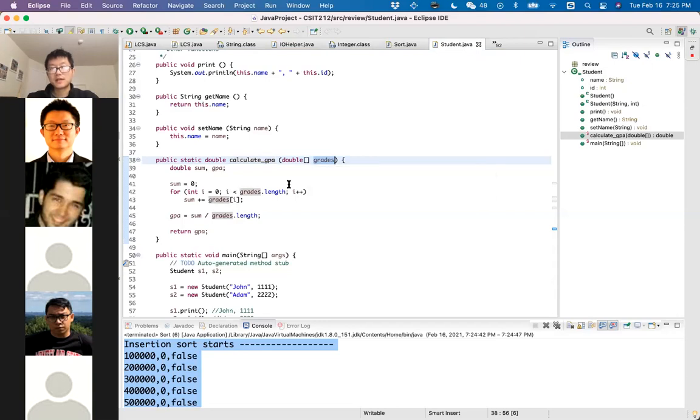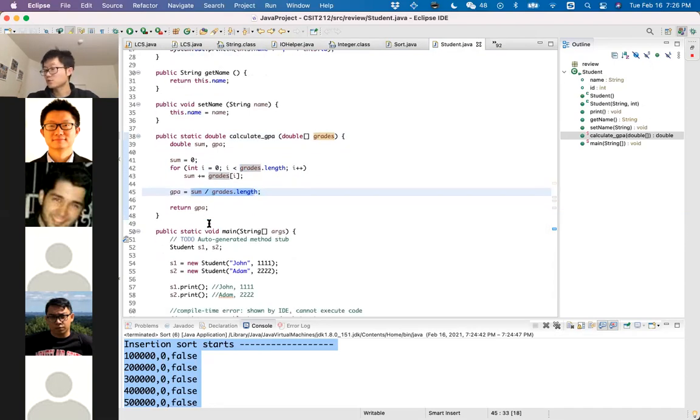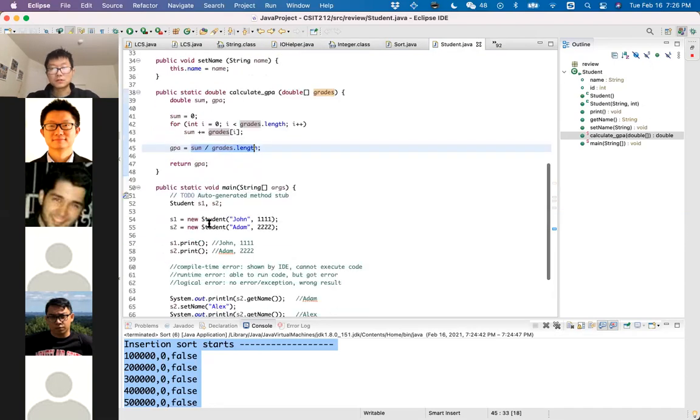Basically, it takes a list of grades that the student has received, and the purpose of this piece of code is to calculate the GPA of the student. And the logic is pretty simple. We basically sum up the grades received by the student and then divide it by the number of classes that the student has taken. And then that will be the GPA. So pretty straightforward, right?